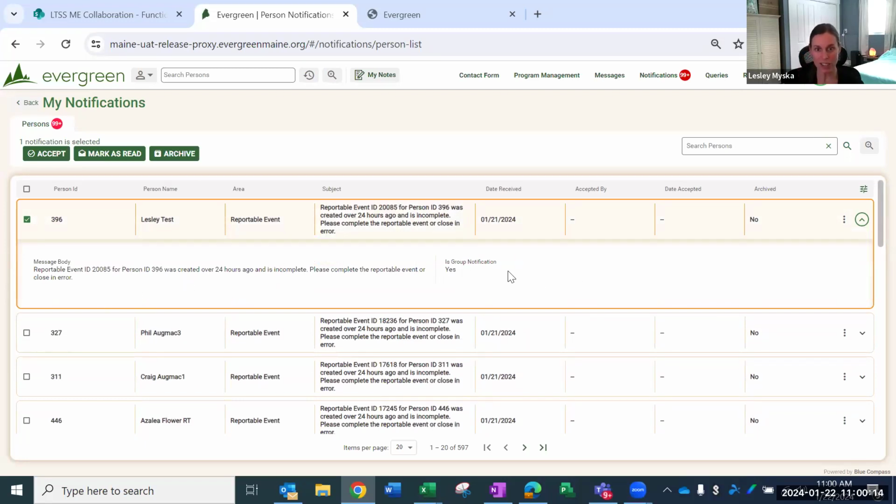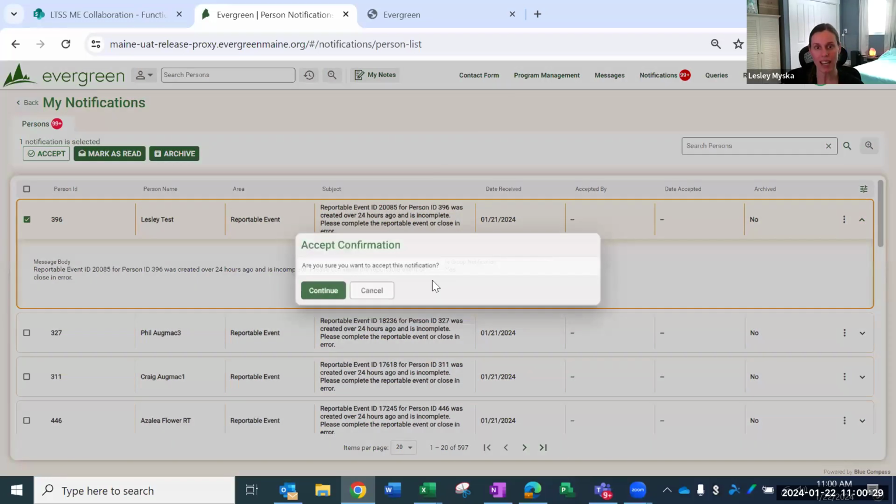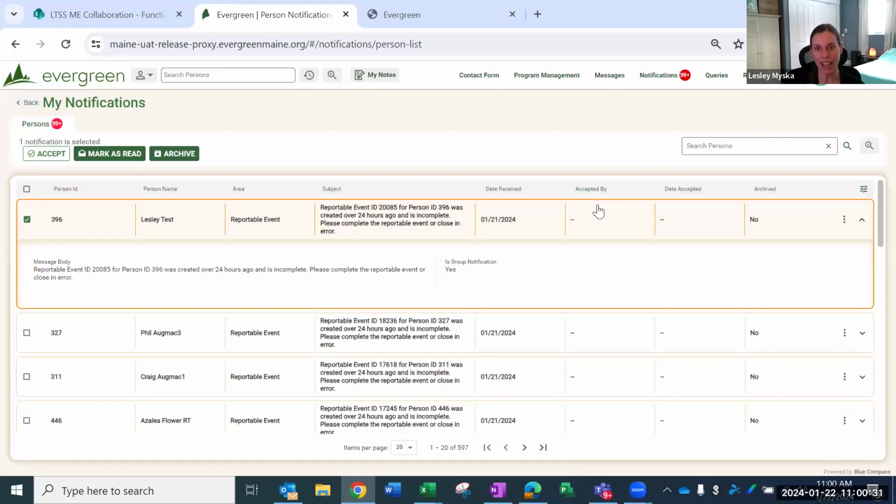individuals who are seeing that, so like this one is a group notification, so it's telling me that the reportable event was created over 24 hours ago, and it's set up as a group notification. So if I want to say, oh, I'm going to accept that and take care of that, I can check this, use this accept, and it will apply my name to the accepted by. It's taking a minute because my test environment is super slow, but it would put data and compliance here under accepted by. I can also mark it as read, or once I've read it,